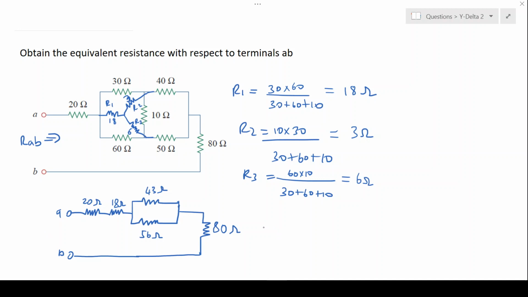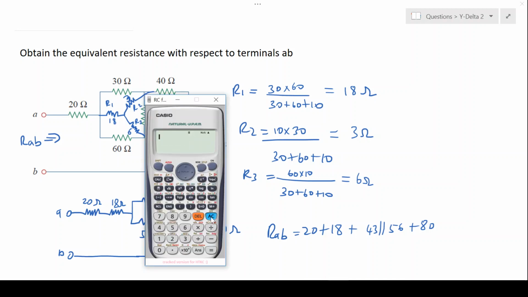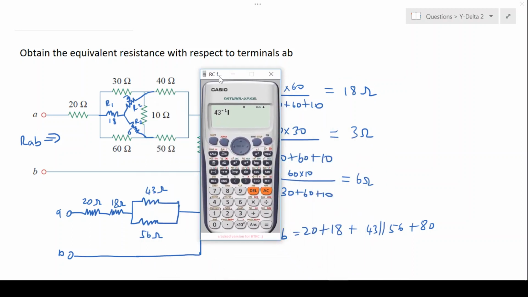We should be able to see then that RAB must give us 20 plus 18 plus 43 in parallel with 56, plus 80. So 43 in parallel with 56 will give us a value of